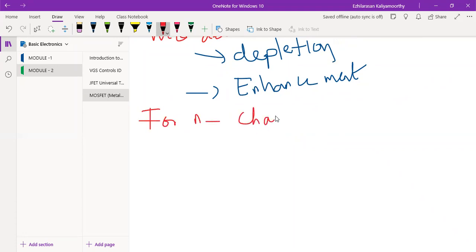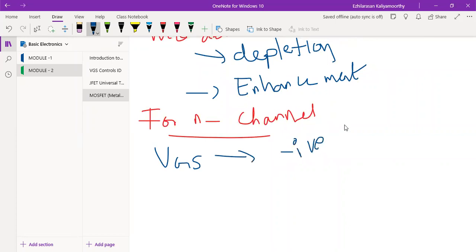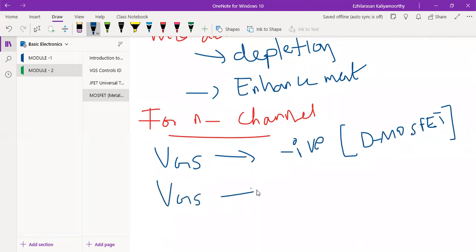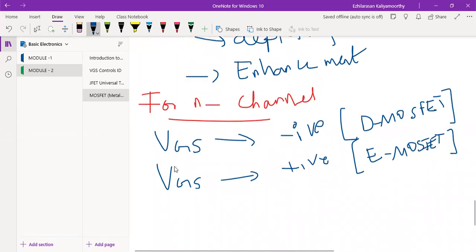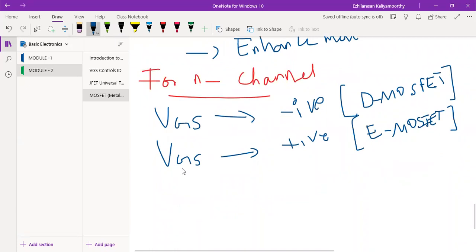So I will say simply, for N channel, VGS should be negative for depletion MOSFET, D MOSFET. Very simple, easily you can remember. It means the applied voltage will be negative. The VGS is positive for enhancement mode MOSFET. So it depends on how we are going to operate. If you are giving VGS as a positive voltage, then that will be the enhancement type mode. If you are giving the